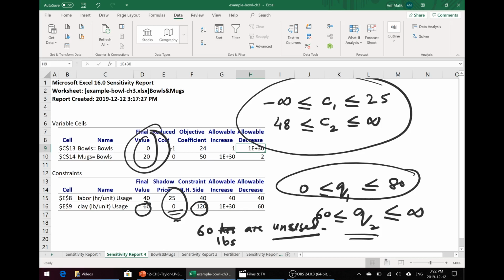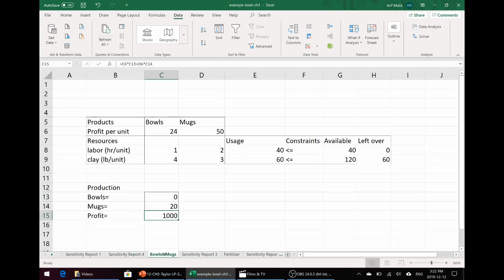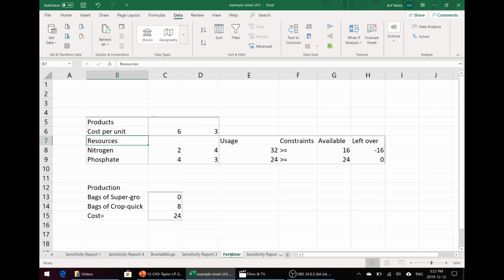Let's go back to the original problem here, bowls and mugs, and we have shown you how these things work. Now I will show you the fertilizer problem, the problem of minimization. So here we have a fertilizer problem, a minimization problem. Remember that we have done this